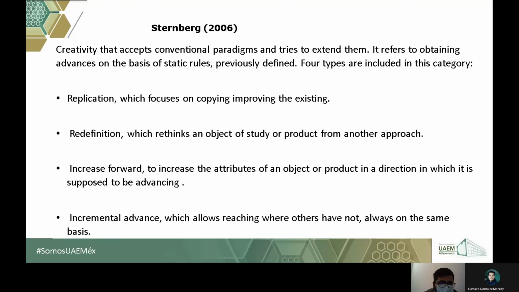One and one, replication, which involves copying and improving the existing. One and two, redefinition, which takes an object of study or product from another perspective. One and three, increasing, to increase the attributes of the object or product in a direction in which it's already advancing. One and four, incremental advances with research based on the same basics. Two,